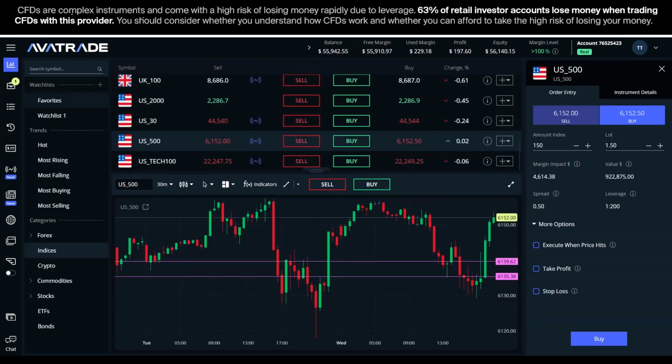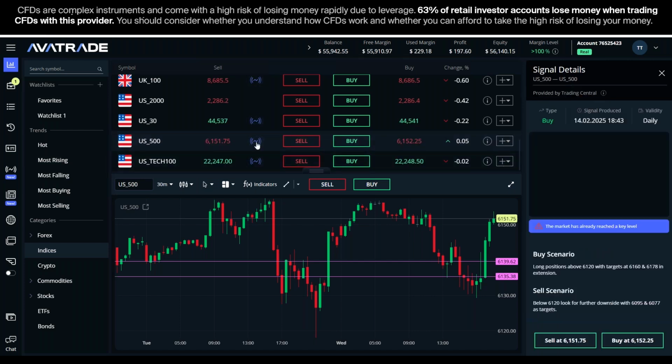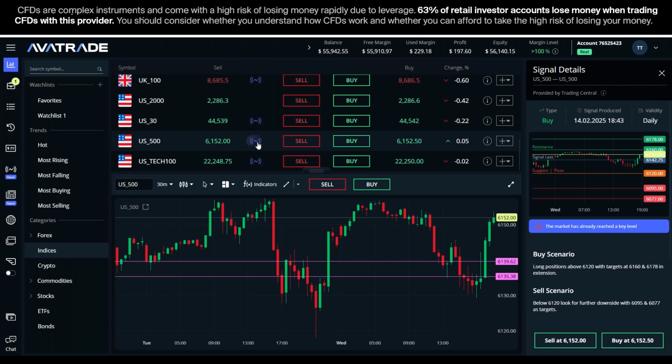The US 500, I see we've got a live signal on this. So let's take a look. Looks like we've got some new graphics in our platform. I like the flags being added. That adds some nice color. Not that it's going to help you trade any at all, but I see we've upgraded some of the graphics